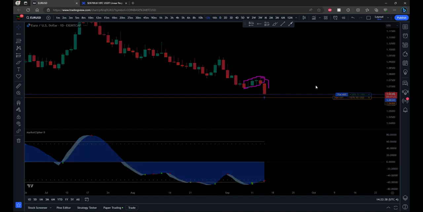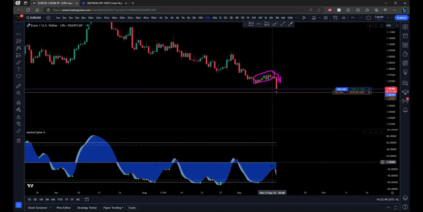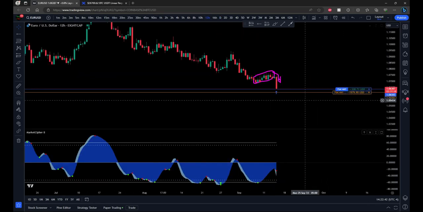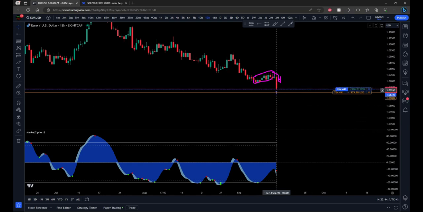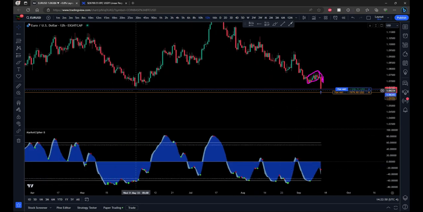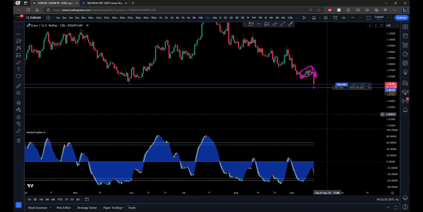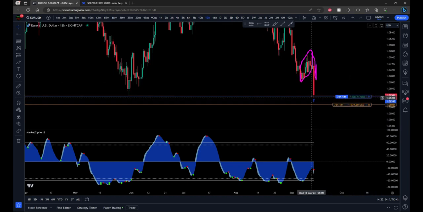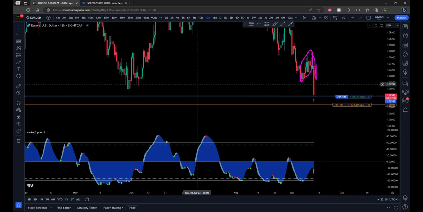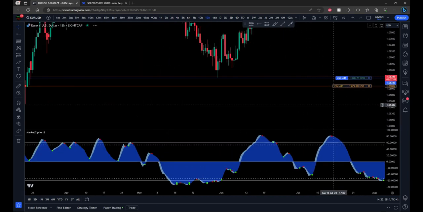Now let's look at the 12-hour as well. Currently we're making a much lower low on the price, but we have a much higher low on our momentum here. Okay, and we've come down to a significant stop loss hunt level. We've already swept it. My entry is below that level, just below it, and so I'll mark it on there,